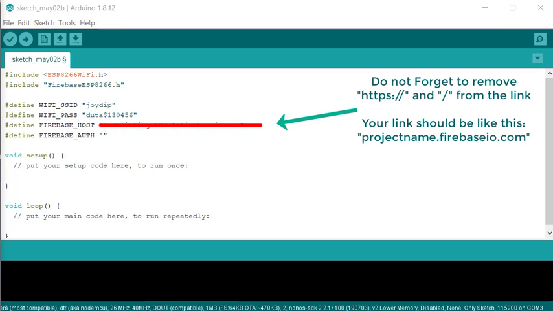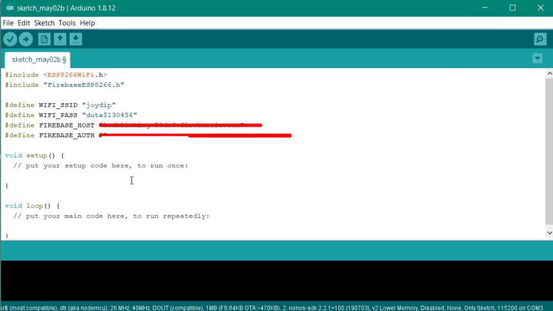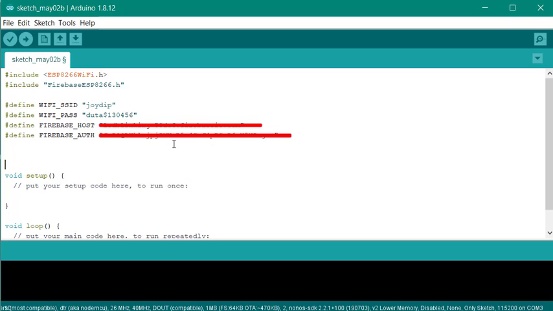In my case that is this, so I am putting this. And now let's write the Firebase database object. I'm calling the FirebaseData object and assigning it to a new variable, that is firebaseData.